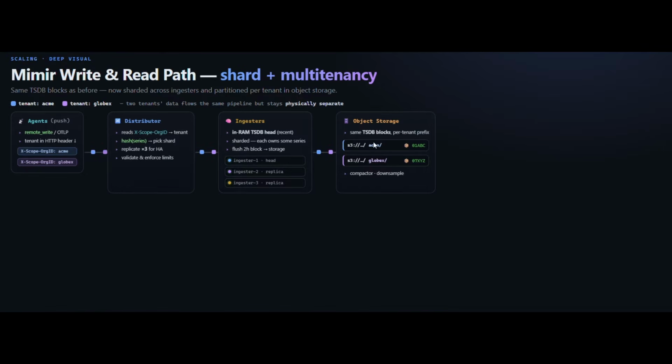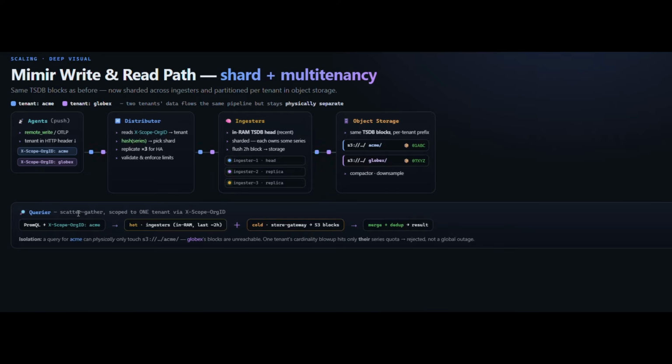So Globex will never touch Acme; the queries of Acme and Globex will never touch each other. They're completely isolated, even from a data storage perspective as well. Ultimately, the query will be like a scatter and gather. This is basically, if my scope is Acme, which is coming again in the scope org ID, then